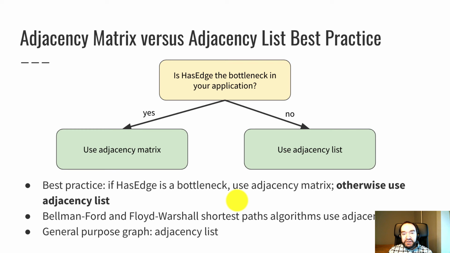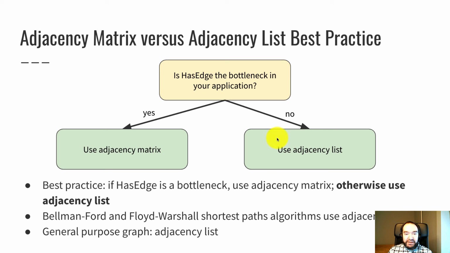So here's how I would formulate the decision tree about which data structure to use. Is the has edge operation the bottleneck in your application? If the answer is yes, you should use the adjacency matrix because there's a very big performance difference between the list and the matrix on has edge. Adjacency matrix is constant time. It's much faster with has edge. But if the answer to that is no, in every other case, use the adjacency list. The reason is because the adjacency list operations are tied or better on all of the other frequently used operations. The adjacency list is also more compact in memory, so it's kind of a safer default choice.